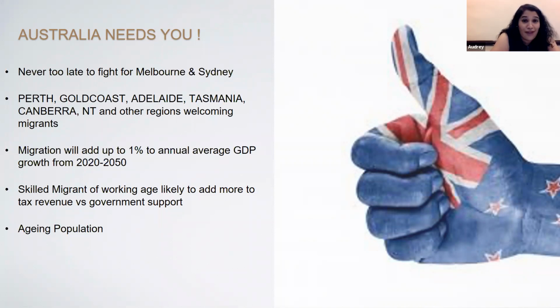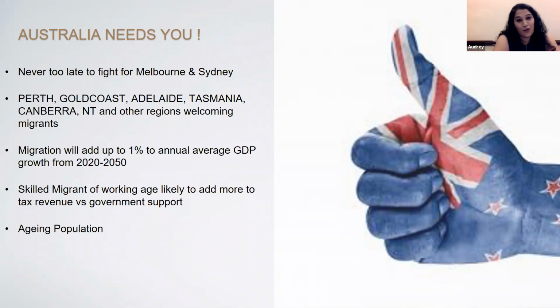don't shy away from migration. Like I said, it's important to get into Australia first. Get your foot in first, through other places like Perth, Gold Coast, Adelaide, Tasmania, Canberra, which are all welcoming regions. We've been getting 491 invitations for our clients from Queensland and Canberra. We've been getting that. So don't shy away.